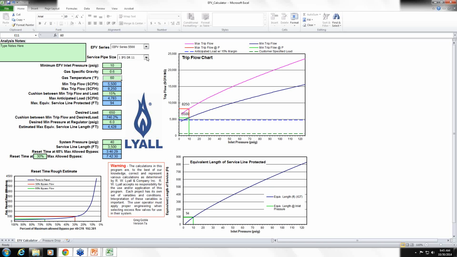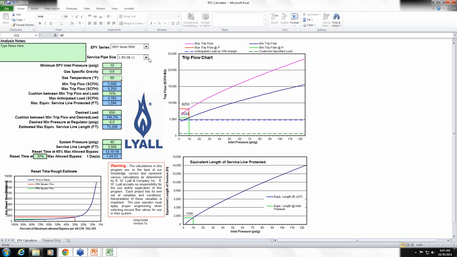Let's go to the 5500 and use a larger size, say 2 IPS pipe. Again, it's going to tell you that at the 10 psi, your minimum flow trip point is 5500, maximum is 8250. Again, we're calculating the service line length that can be protected based upon that maximum number. Here we have a 15% cushion still put in there, so our maximum anticipated load to keep that cushion could be 4,783 standard cubic feet per hour. So if we're really looking at 4,500,